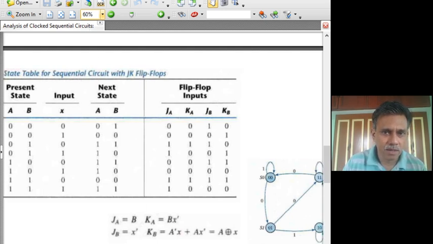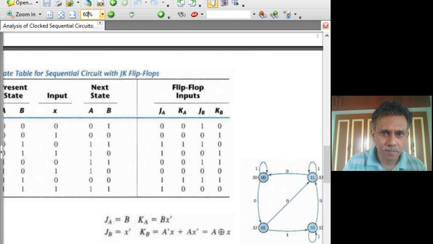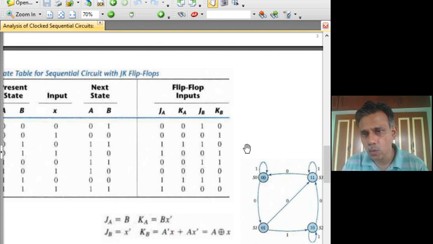translate this state table into the state machine like this. So here what we do is, for each present state we have one node in the state graph. There is a 0 0, 0 1, 1 1, 1 0, and then based on the input condition you go to the different states. So those have to be labeled in the arcs that connect the states. There is no explicit output here, so you don't need to put the output values in the labels.